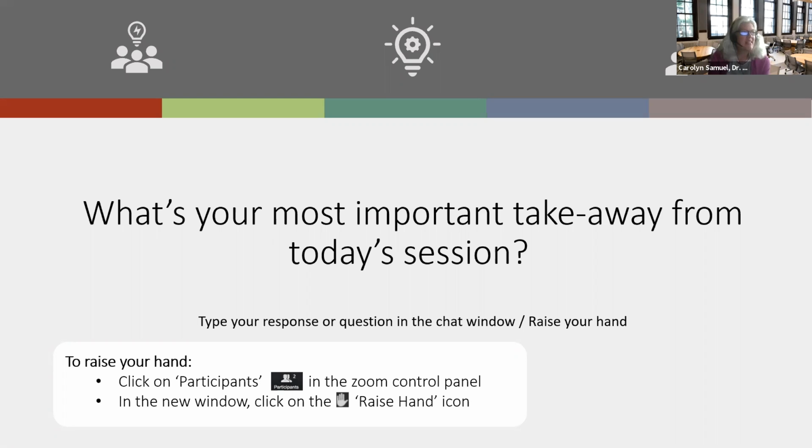I put something in the chat earlier about the size of the group, and it was an example of why you might want a larger group rather than a smaller group, but the same would hold for how you form the groups. Is there any benefit to having homogeneous groups or not? Those are considerations that instructors should take into account, and none of this should happen without that intentional piece of why would I form the groups, or why would I let students choose their own? So you should have a rationale for the choices that you make.